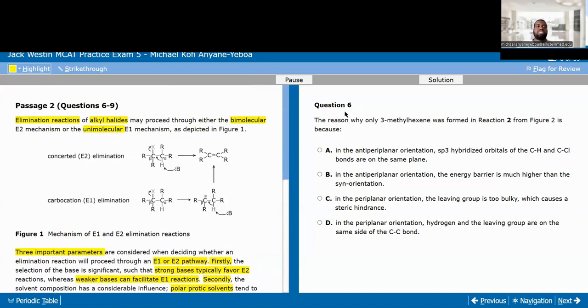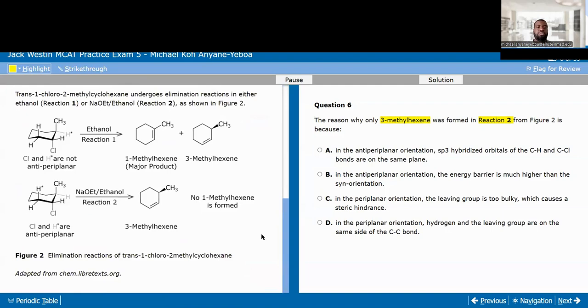All right, question number 6, so 6 to 9. The reason why only 3-methylhexene was formed in reaction 2 in figure 2 is because, so reaction 2. Our green cards here are 3-methylhexene and reaction 2. They're asking us why it is that in this reaction 2, we have no 1-methylhexene formed. So our red flag here is basically, what is it about an E2 reaction that prevents 1-methylhexene